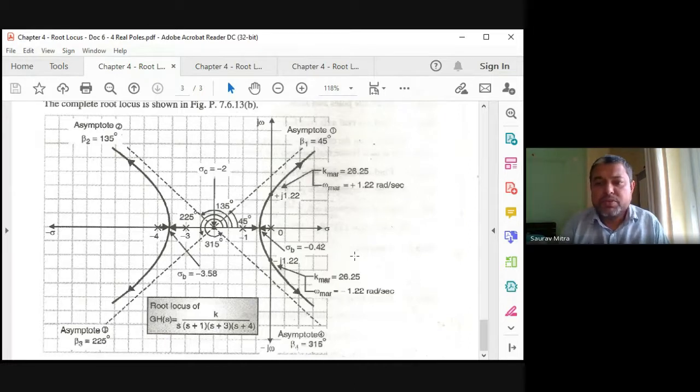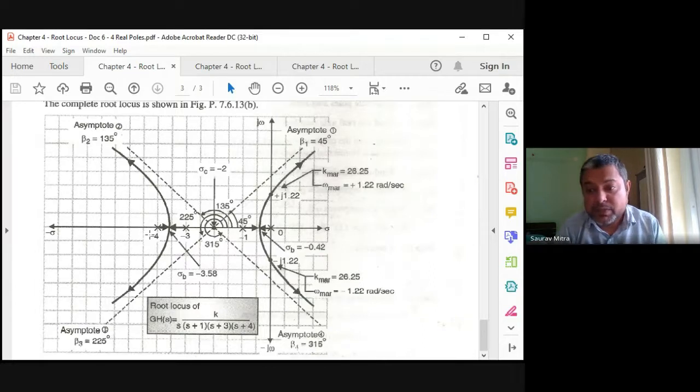This you could not imagine just by looking at the root locus, that -3 and -4 are called absolutely stable poles. Why absolutely stable? Because initially for k equal to 0 they are in the left hand side. As I increase the value of k to infinity, -3 and -4 go to minus infinity, because they are bending towards the negative real part of the axis. That means -3 and -4 will always be confined in the left hand side of the S plane. That's why -3 and -4 are called absolutely stable roots or absolutely stable poles.